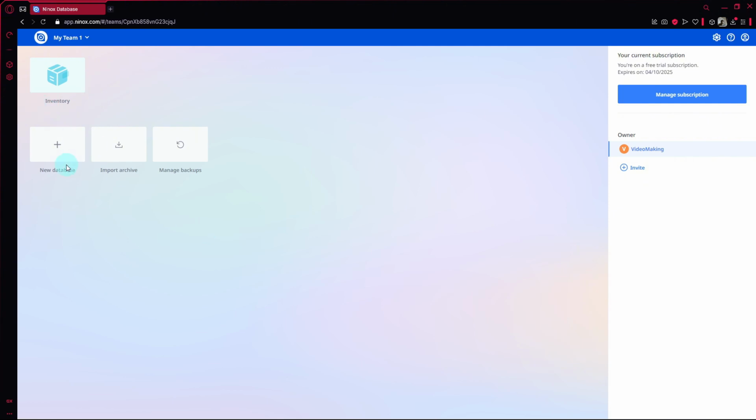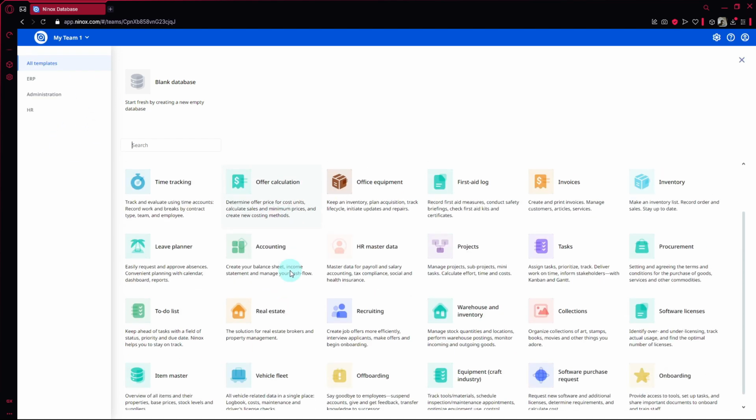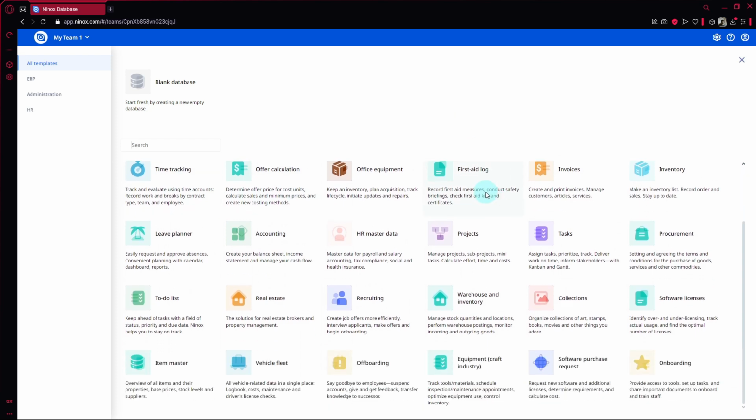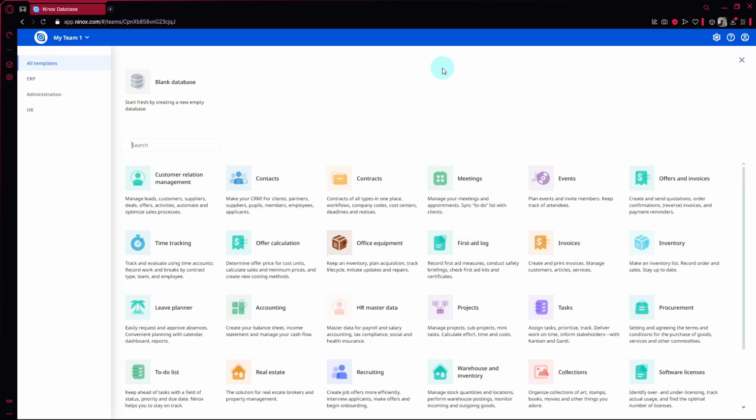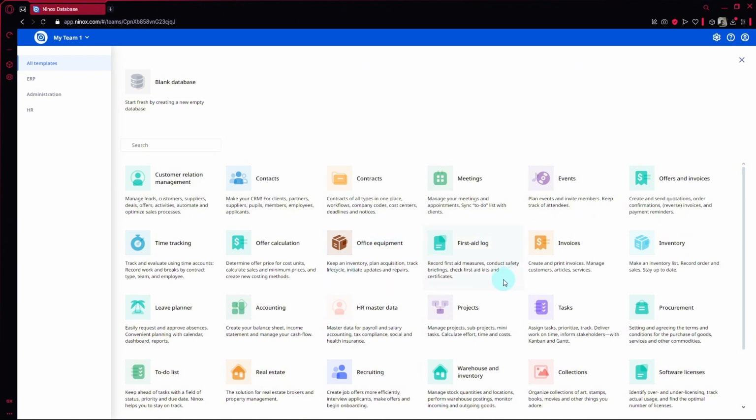Over here, we can just click on new database, and you could choose between different templates available for you to choose from. If you are creating a database for any of these options, I recommend that you utilize the template because it will save you a lot of time and effort in manually building your database. For example, if you're creating a database for events,